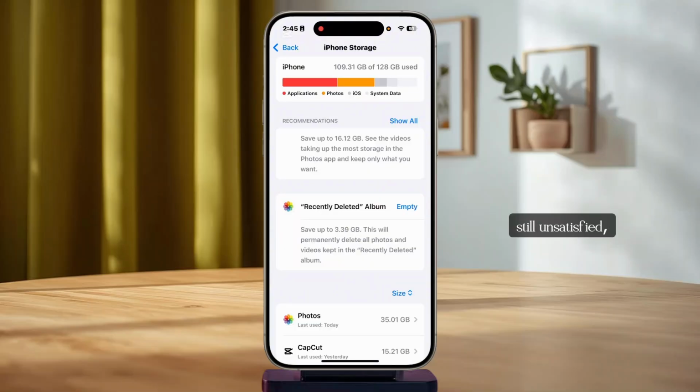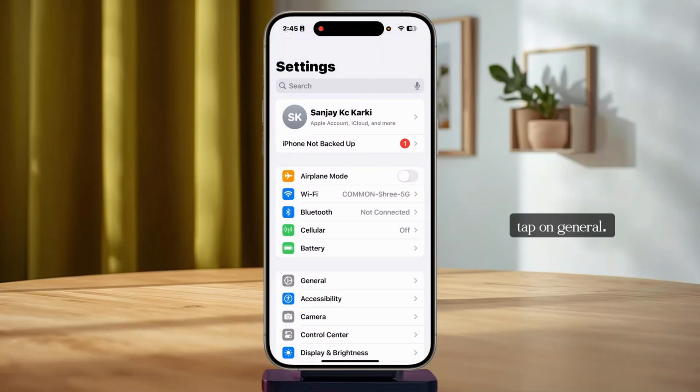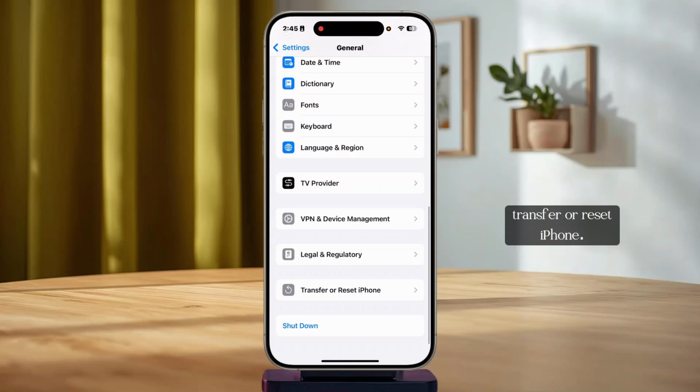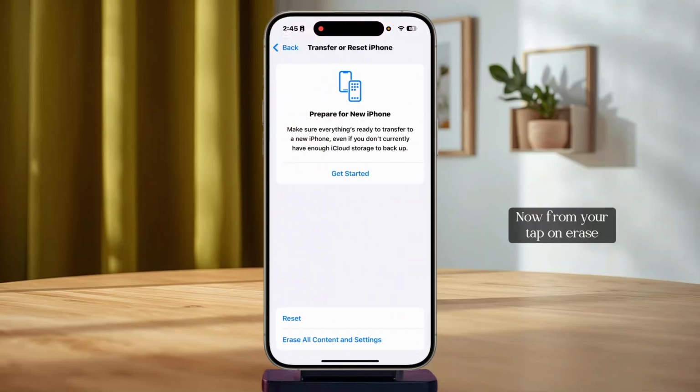If you are still unsatisfied, you can simply reset your iPhone. But make sure first you have to back up your data. For that, simply from here, tap on general. Now from here, scroll down and tap on transfer or reset iPhone. Now from here, tap on erase all content and settings. From there, you'll be able to reset your iPhone and that way, you'll be able to delete all viruses